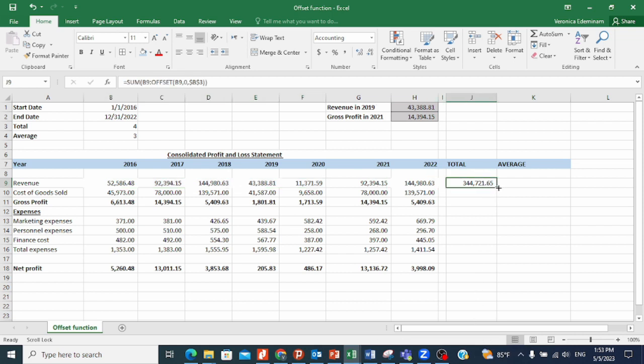And this means embedding the offset function in the sum function has given us this value. I'm going to drag down this function so that we see what the total is for other subheads like cost of goods sold, gross profit, marketing expenses, and so on. So we go to the next example, which is embedding the offset function in the average